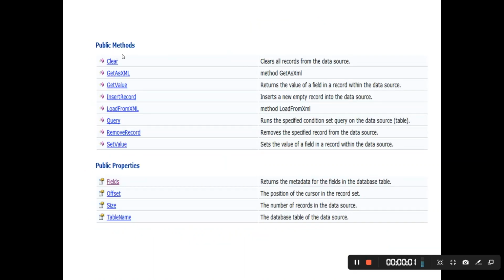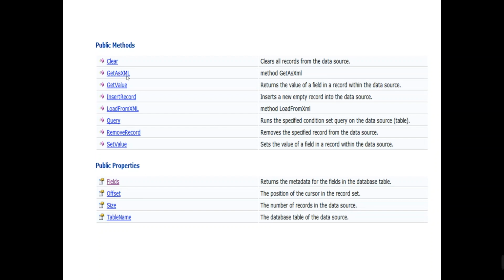We have public methods of DB data source like clear, get as XML, get value, insert record, load from XML, query, remove record, set value. And the public properties are fields, offset, size, and table name. Most of these properties I have used in my previous video on matrix.